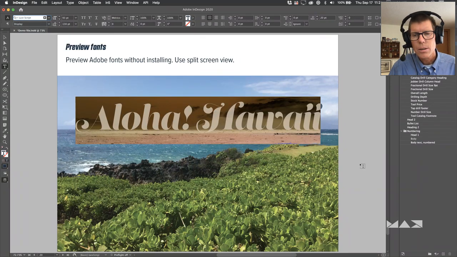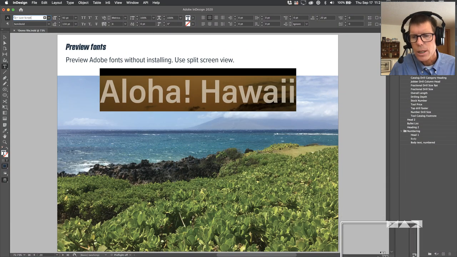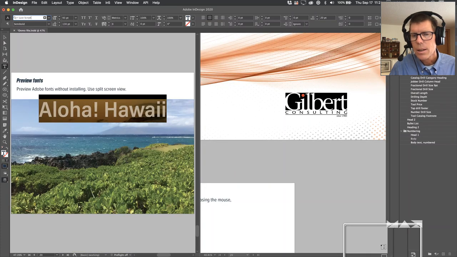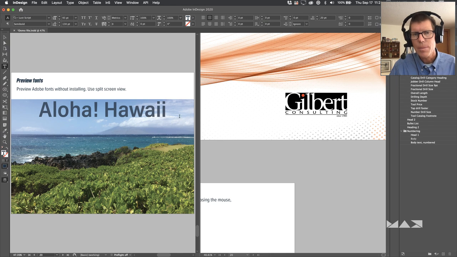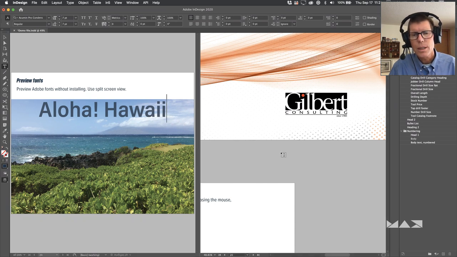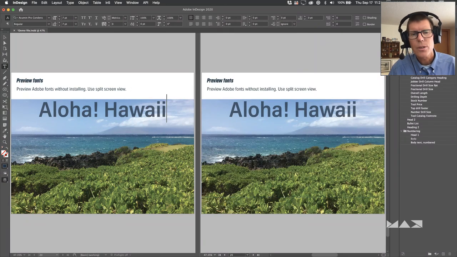So first tip here is down the bottom right corner of the screen, there's this little icon here for split screen. If you click on that icon, that will split the screen into 2. So now I've got 2 views of the same document. Now this is page 20. So I'm going to go over here, click on this view, jump to page 20, fit that on the screen,